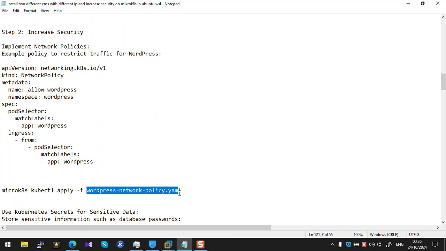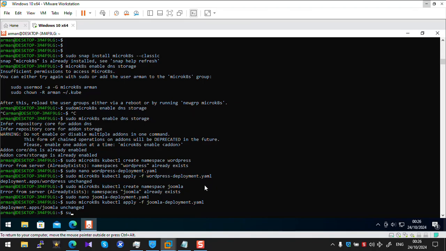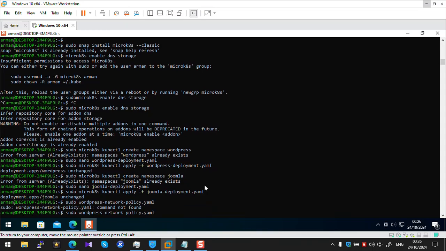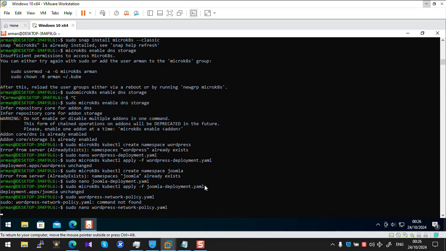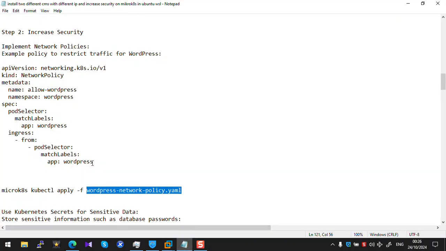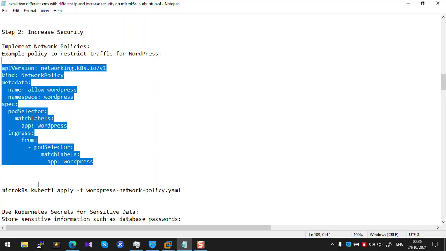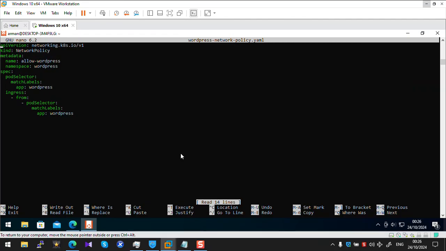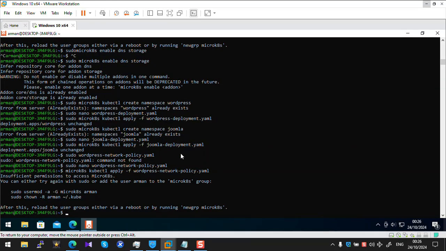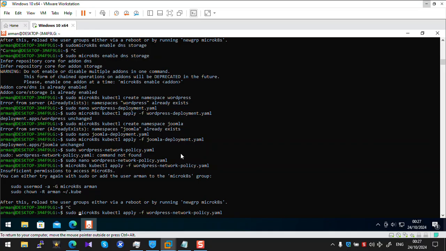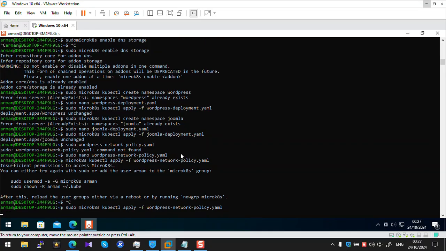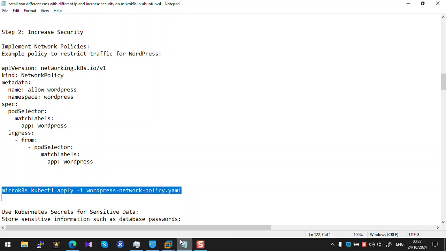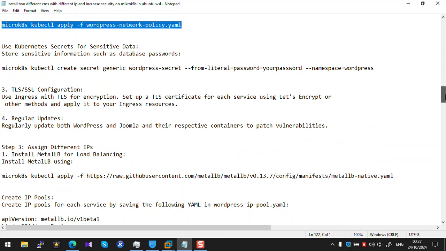You can create network policy WordPress file with this command, and copy and paste the script here, and next save this and apply WordPress network policy, and next